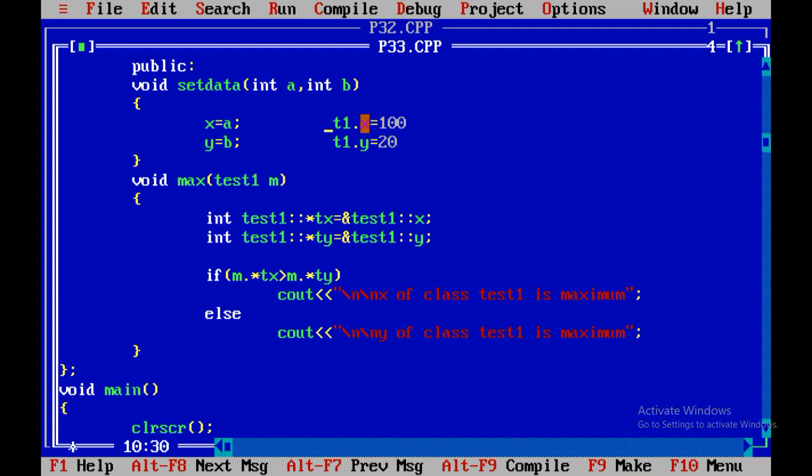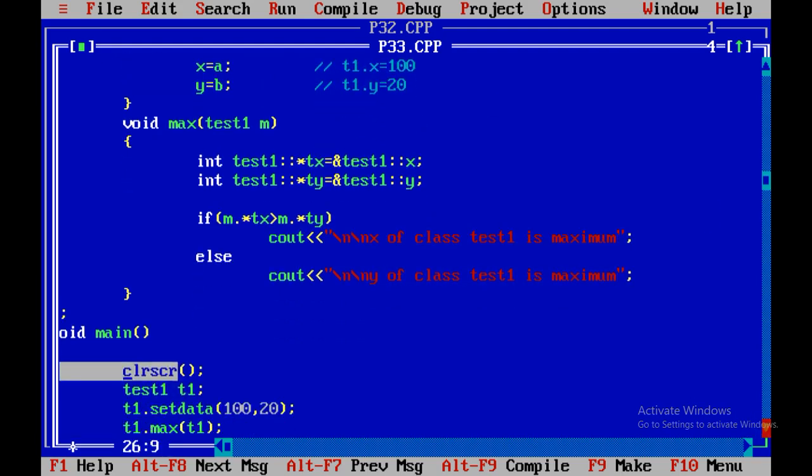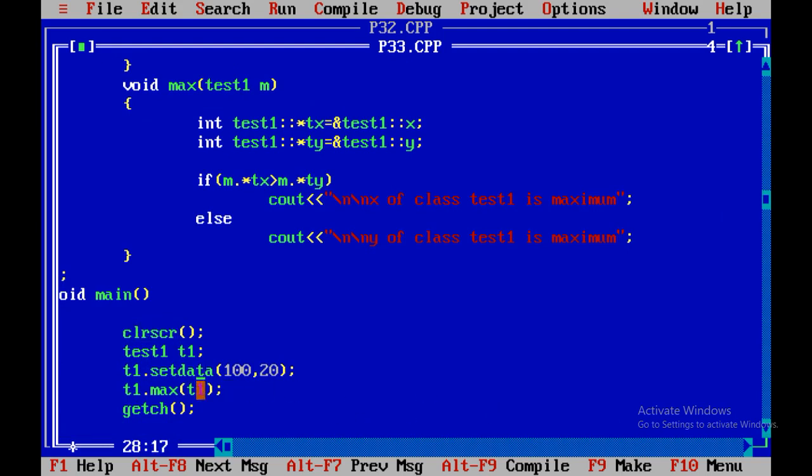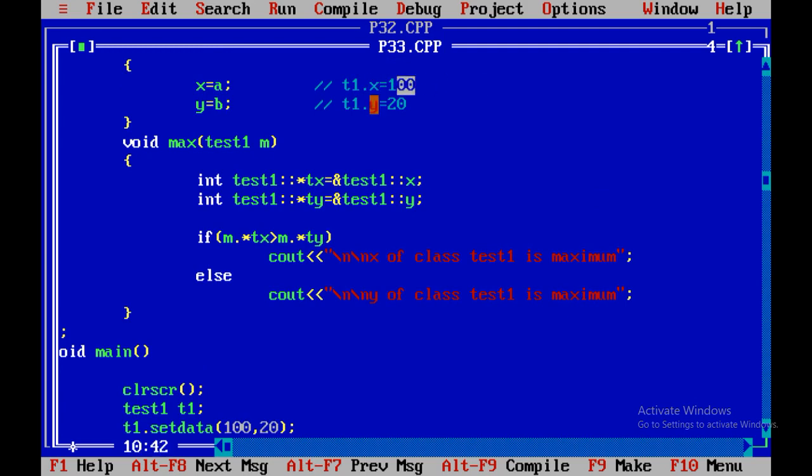Now we have passed the object t1 in the max function. So t1, either you can call it t1 or m. So now m.x equals 100 and m.y equals 20.